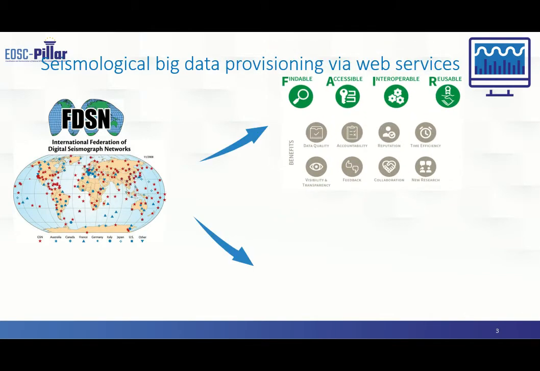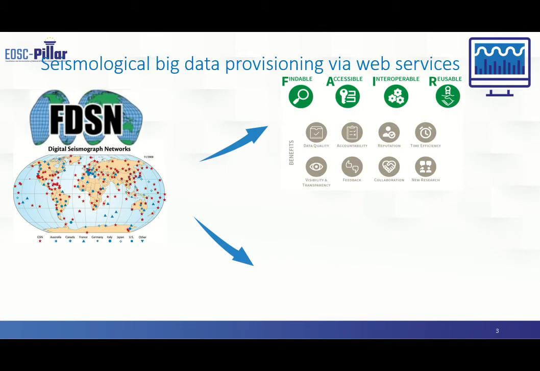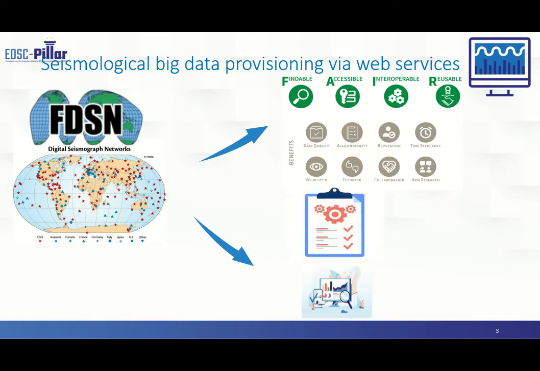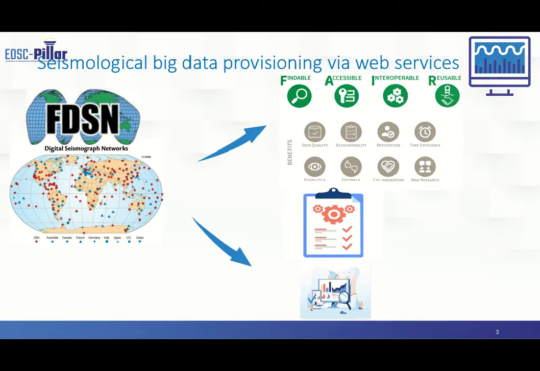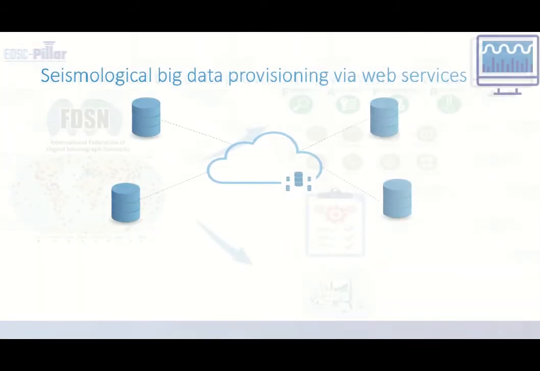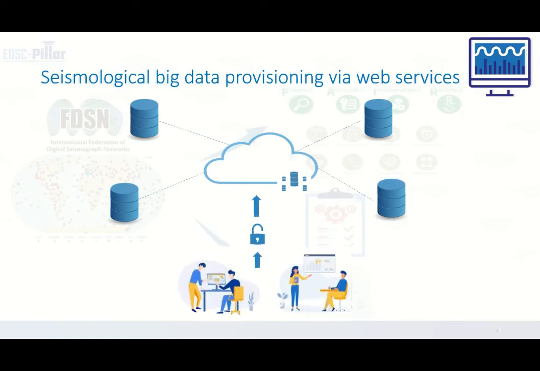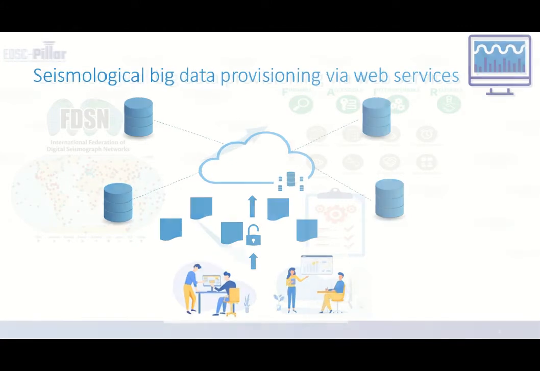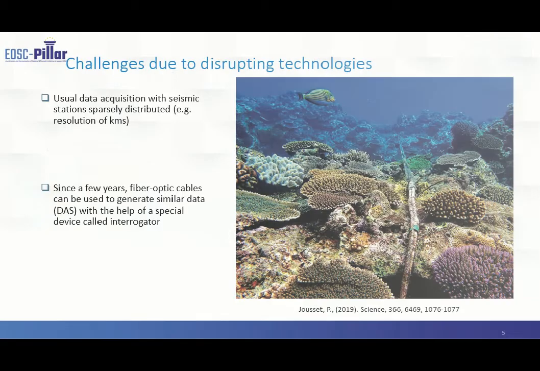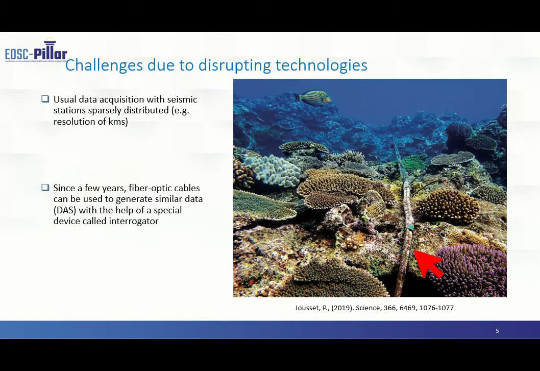With an international federation, FDSN, providing guidelines and formal specifications for data formats and provisioning systems in order to foster the standardization of data search, selection and retrieval, the community was able to develop an interoperable ecosystem of software clients and users. But in the last years, some game-changing technologies have been developed, and the demand for these new technologies